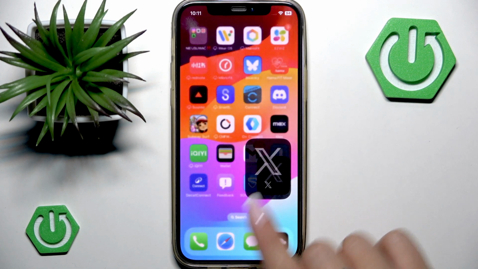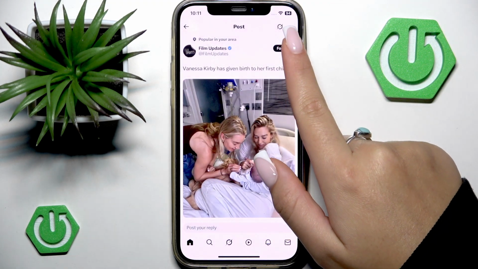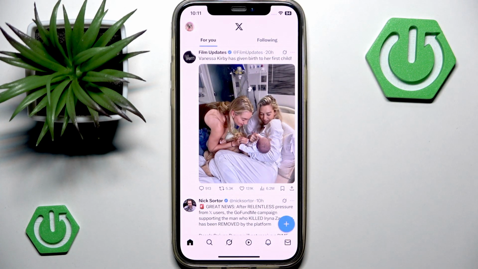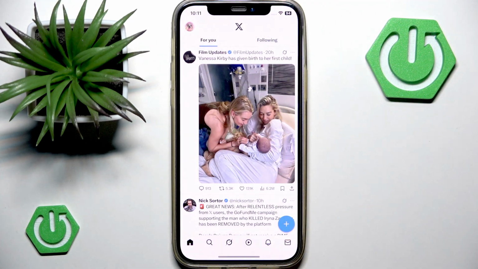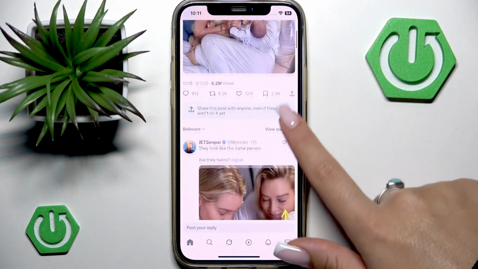Okay, so let's open X on the phone and go to whatever post that you want to read comments on. So you have to tap just like empty space on the post. What I mean by saying empty space, do not tap on the image because it will simply open the photo. You have to just tap right here, and if you scroll down you will see all the comments that this